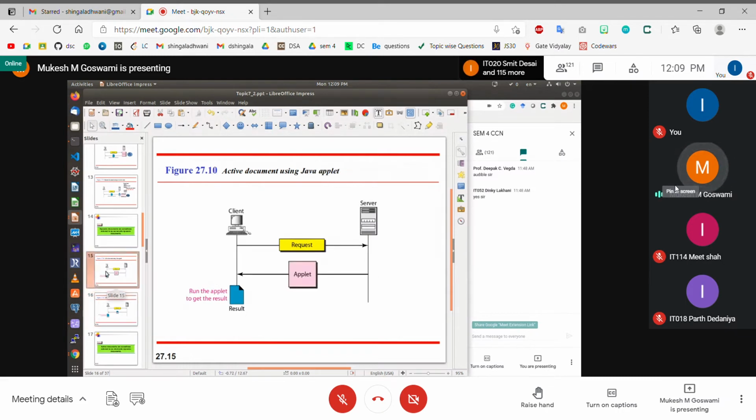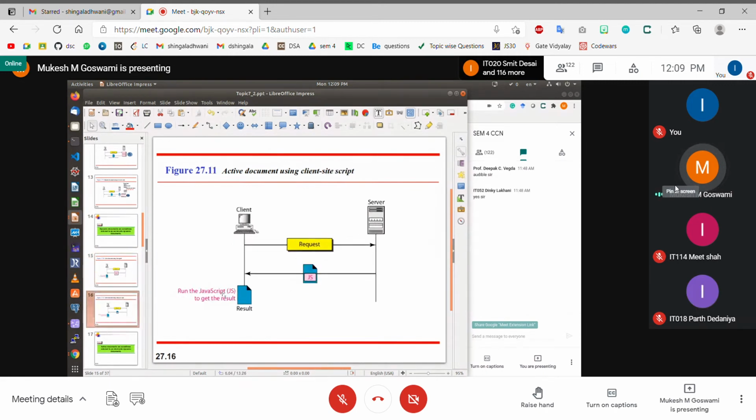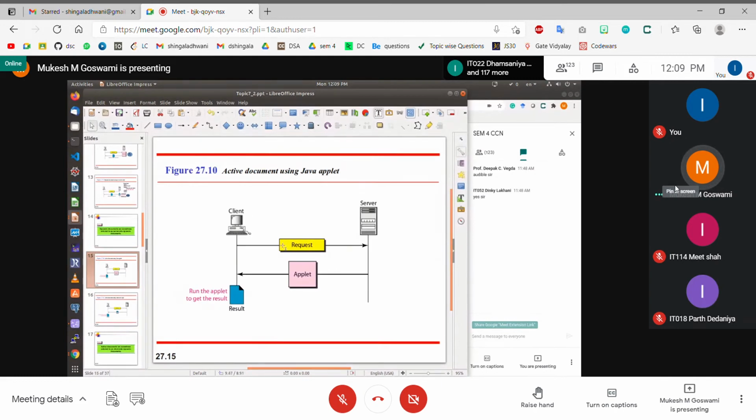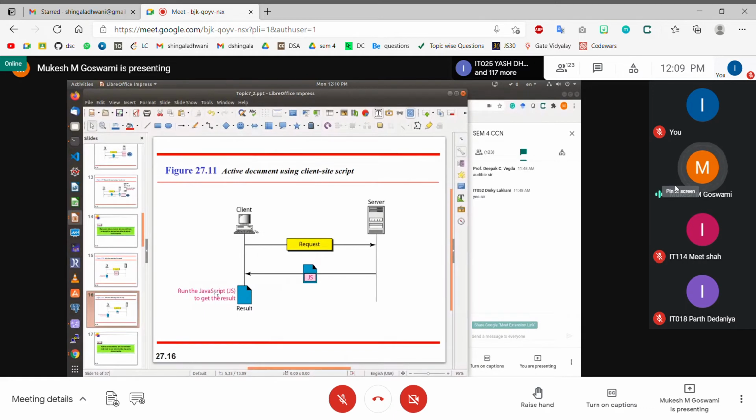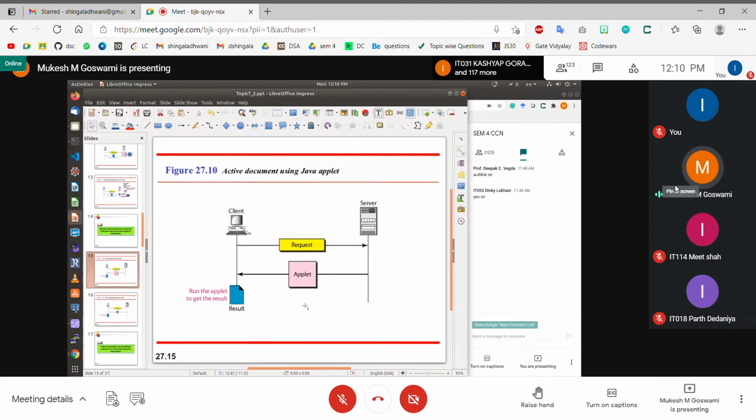Remember, there is nothing in common between Java and JavaScript except the name Java. And why is the name Java there? Because of this legacy: the first kind of client side scripting was Java applets. They wanted to say that this is similar to Java applets, so they copied the name Java and generated something called JavaScript. But the difference between these two is that JavaScript is fully integrated inside the browser, and you do not require any other external dependency. Unlike Java applets, where you require an external dependency and have to install the Java virtual machine before this will work.